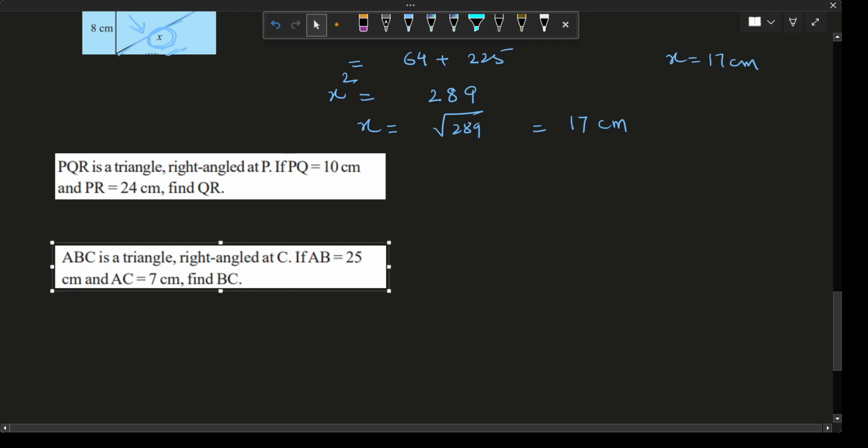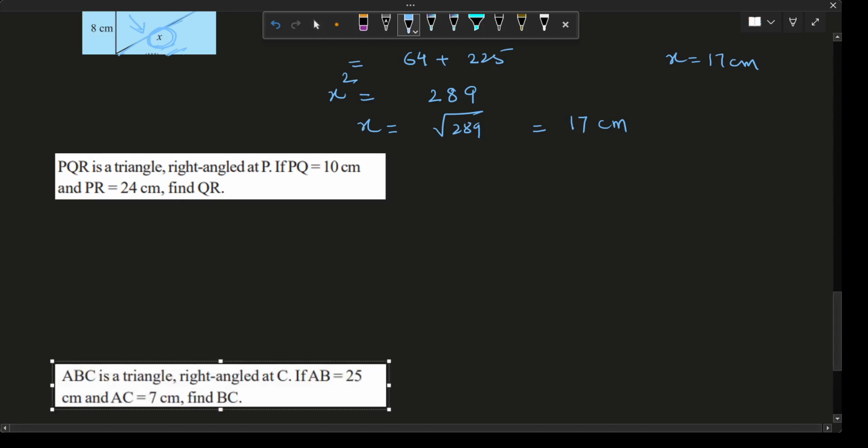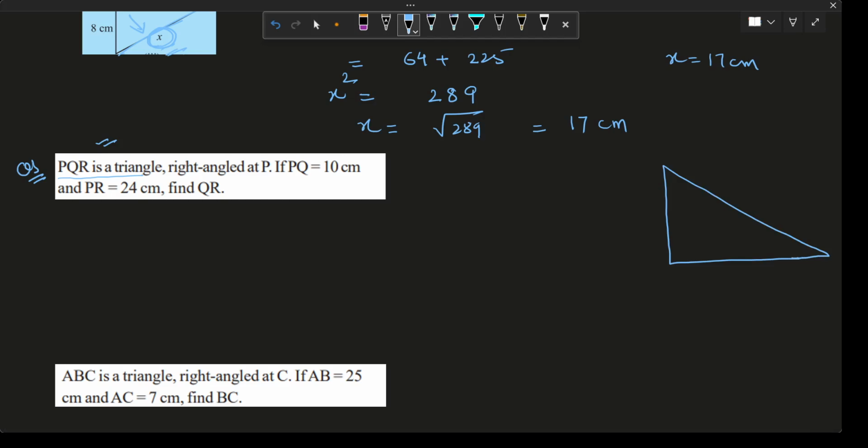Now let's move to the next question. Now, when you have questions given like this, आपको figure बनाना है. Okay, figure you need to draw. अभी कैसे draw करना है? सबसे पहले PQR एक triangle. अभी हम बात कर रहे हैं right triangle का. So draw a right triangle. While labeling, you have to see कि right angle किस पे दिया हुआ है, किस vertex पे right angle है. You need to see that. So it is saying it is right angled at P.